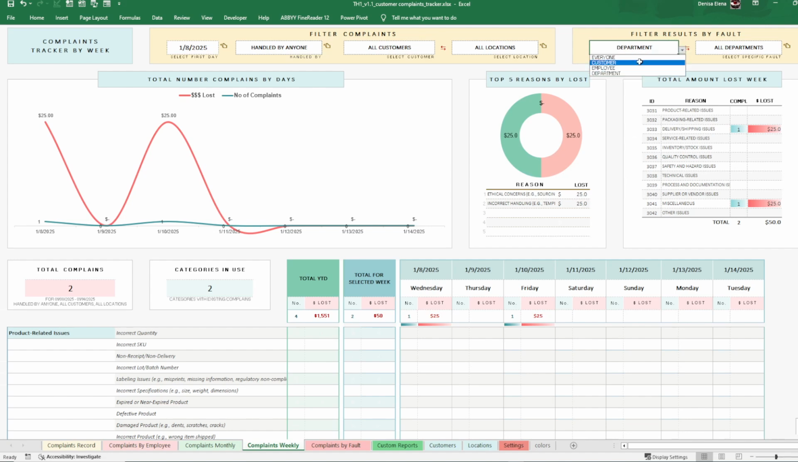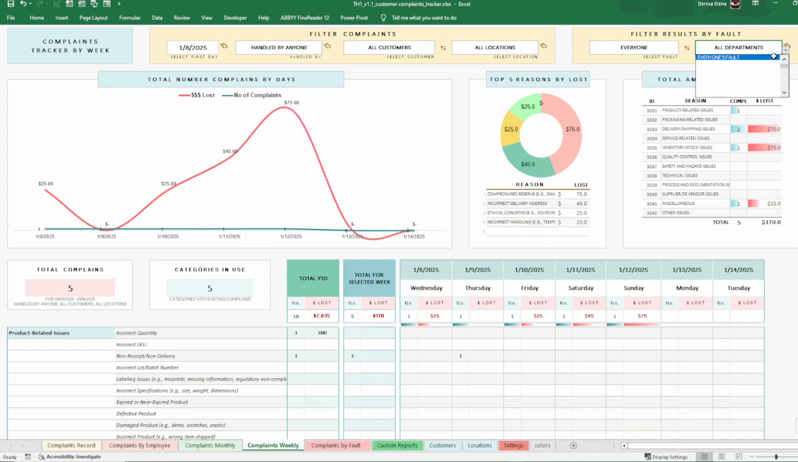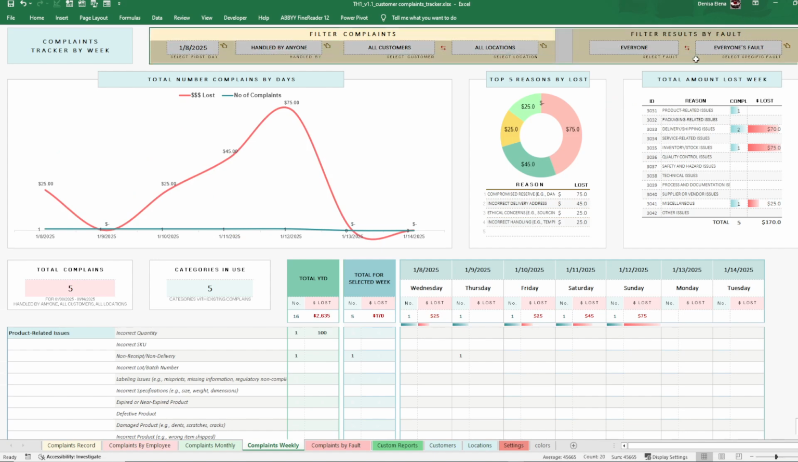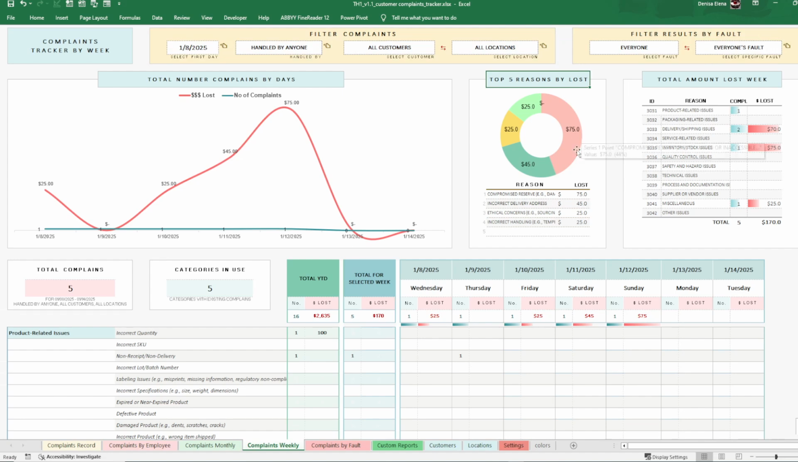Let me just change the filter to show you the real data. All departments, everyone's fault, everything, every filter. If you watched the previous video, complaints monthly, you already know what this filter is doing. Okay, so we have top 5 reasons by loss. We have the categories in descending order based on the lost amount generated for every reason, and here the total amount for the last week. We have all the categories with the number of complaints recorded for every category and the